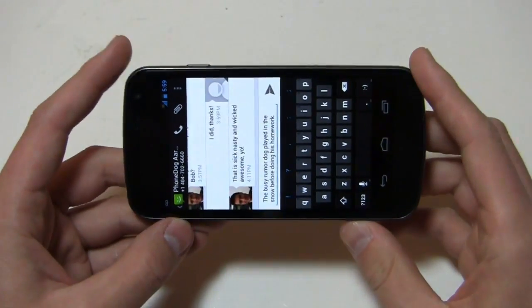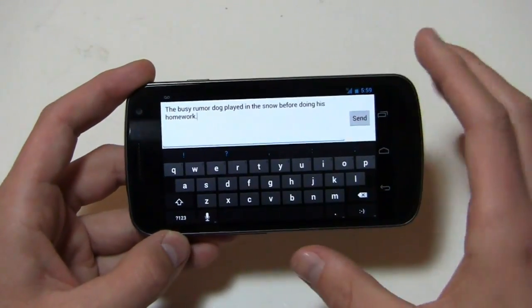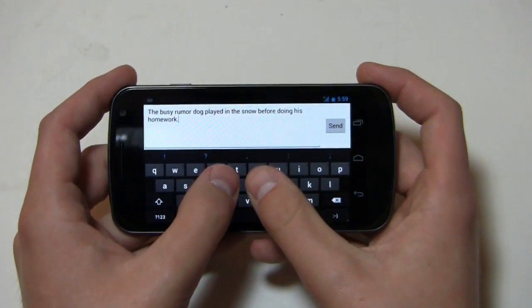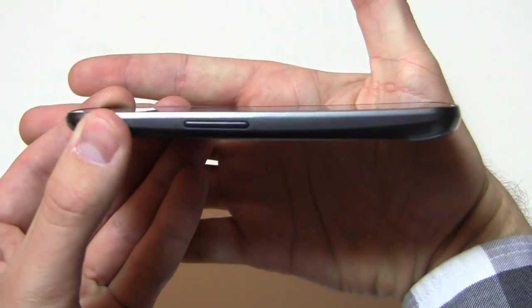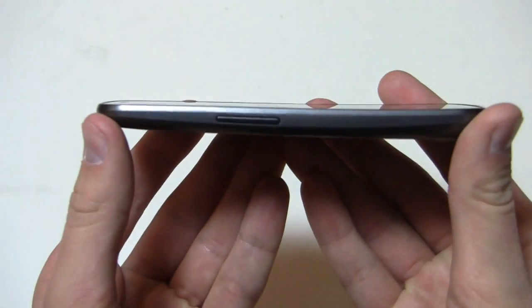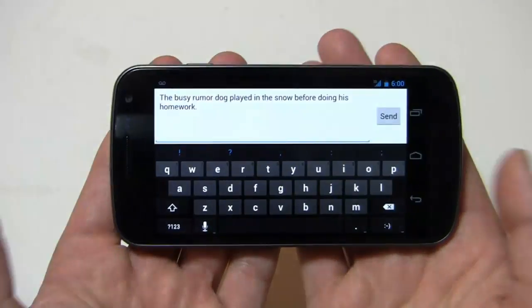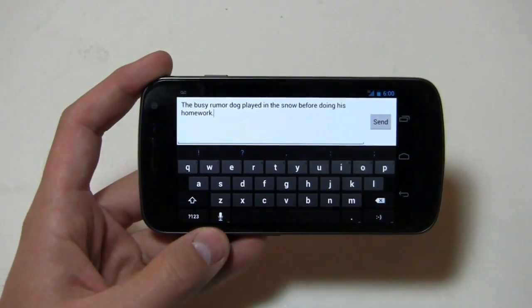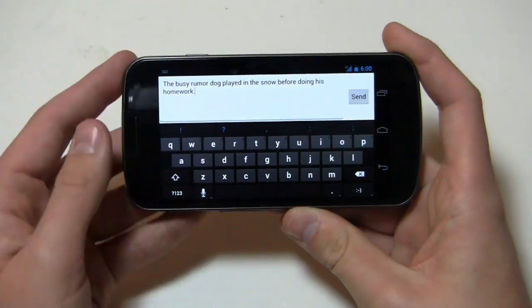Now, one thing I kind of found interesting, take a look here, and you can see the transitions. When I do go into landscape mode, you got a nice big 4.65 inch display here, so it's really easy to type on in landscape mode, and you can see that it's curved as well. The whole device is curved, so it makes for an easier feel up against your face. So in terms of ergonomics, it's a very nice device. Actually, one of my favorites after the Nexus S 4G. I'm thinking Galaxy, I've got Galaxy on the brain, but after the Nexus S 4G, which is also curved,